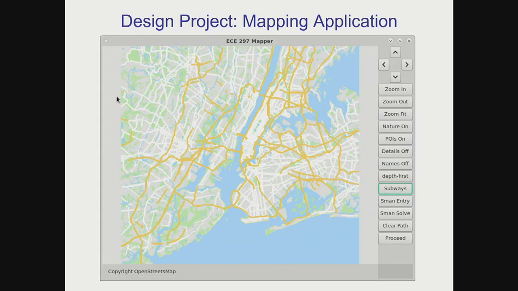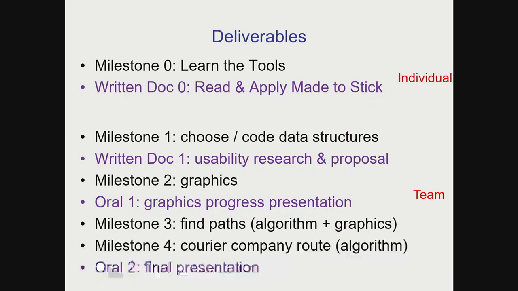So you're making a mapping application. You're going to do 2 individual tasks. I'm going to talk about milestone 0, learning the tools. Professor Chong is going to talk about written document 0, which is learning made to stick. And then the remaining deliverables are in your team of 3. I'm not going to talk about them right now. We'll get to them as we go through the course, but they'll teach you a mix of software design, algorithms,